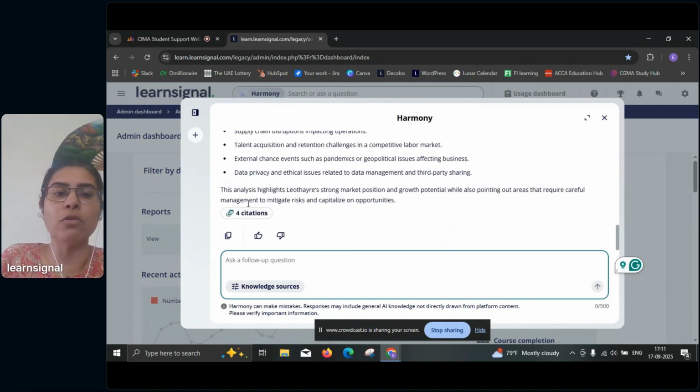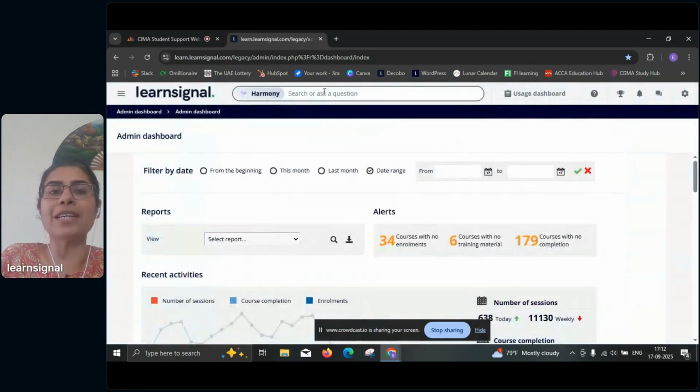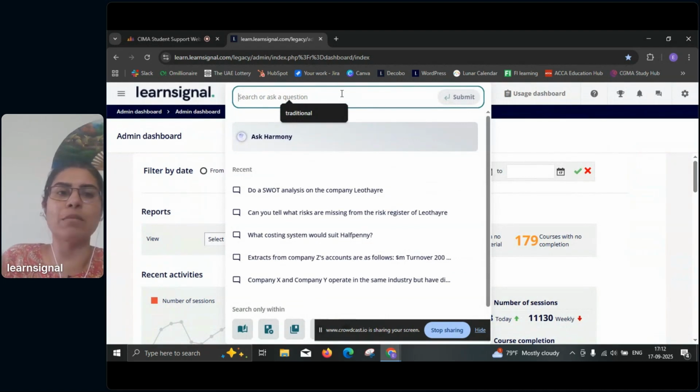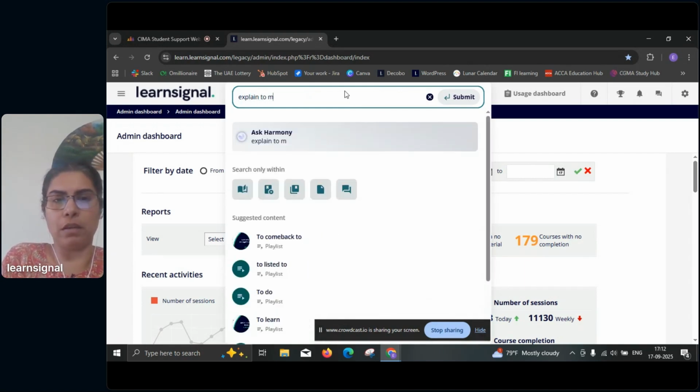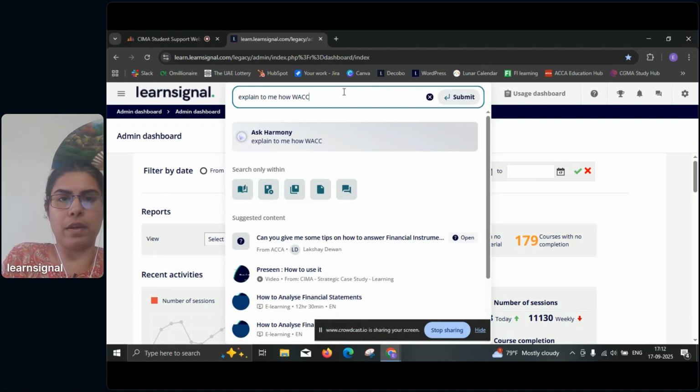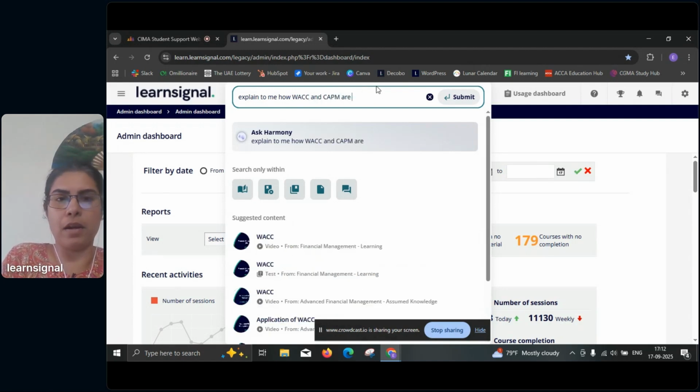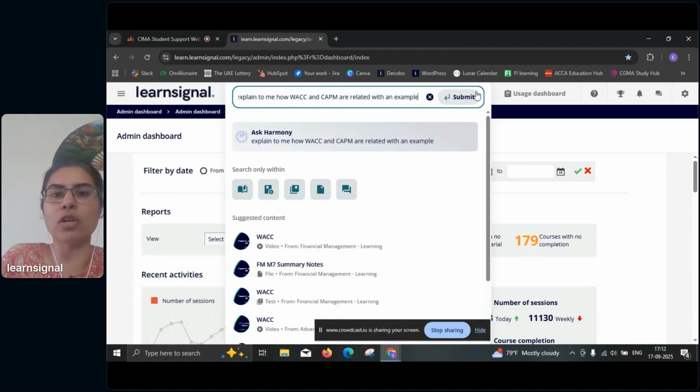See, this is how it does, and it looks at different types of citations within the system. A very good example of machine learning, or the system learning: you would have studied the concept of WACC and the concept of CAPM. You know that WACC would probably be a separate chapter and CAPM would be a separate chapter. But if I give the question to the system, explain to me how WACC and CAPM are related with an example. Now, this is not something